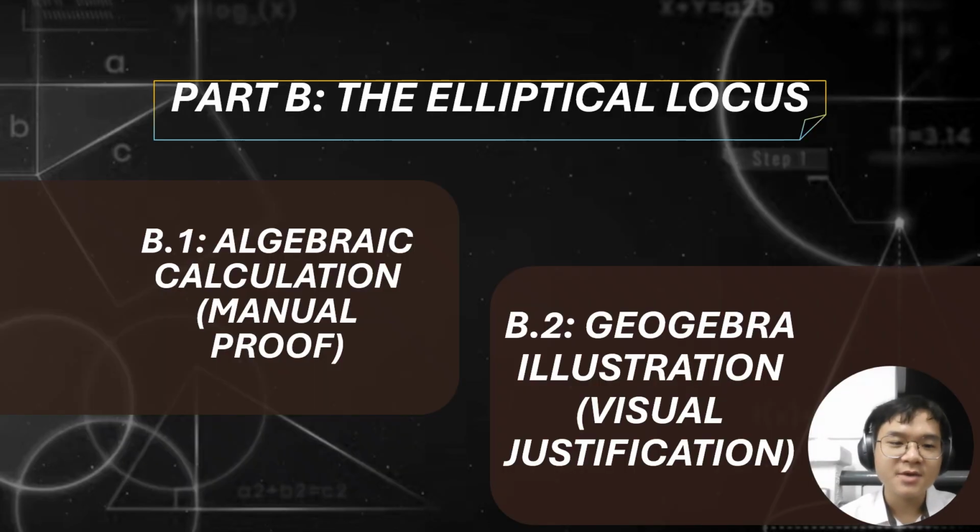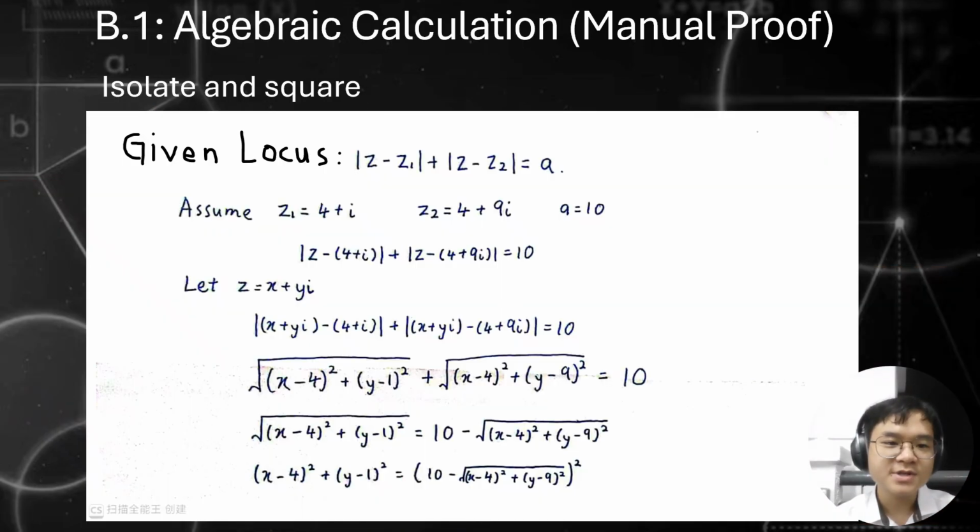Okay, next, let me go to part B, the elliptical locus. In my part, I will describe the main proof of the algebra calculations. First, for the given locus, we assume Z1 is equal to 4 plus i, and Z2 is equal to 4 plus 9i, and A is equal to 10, and Z is equal to x